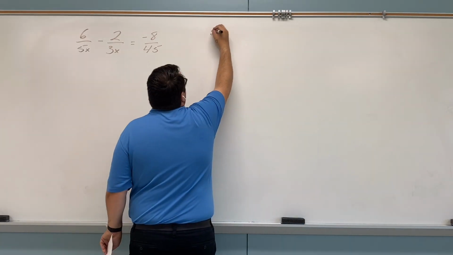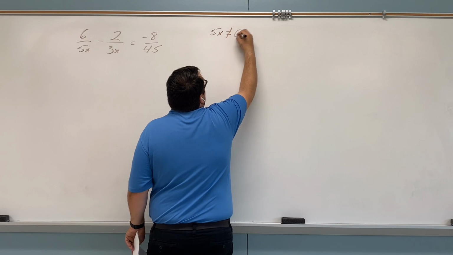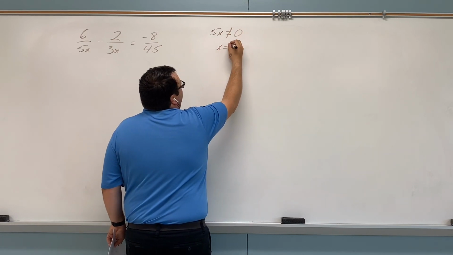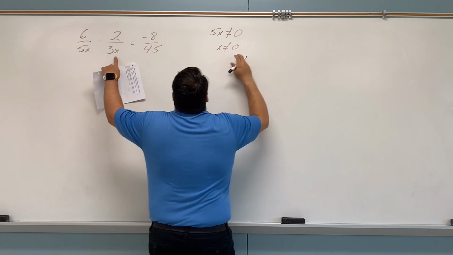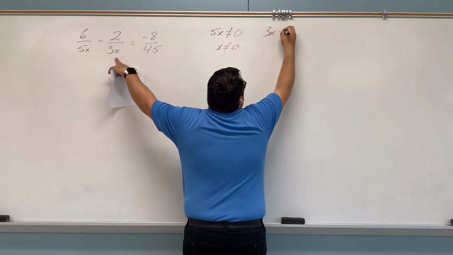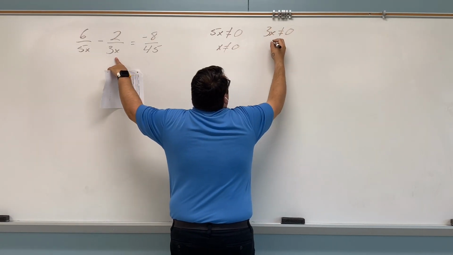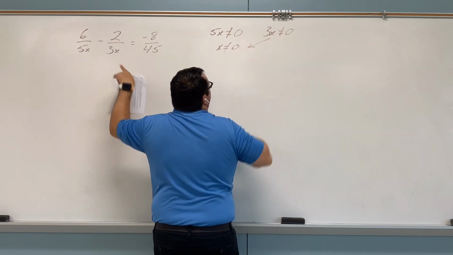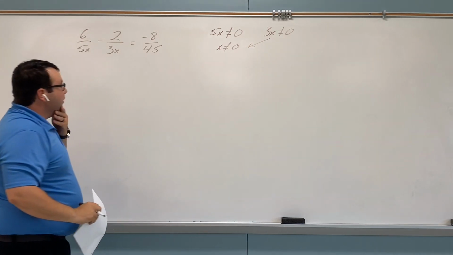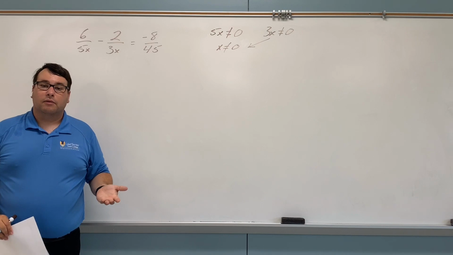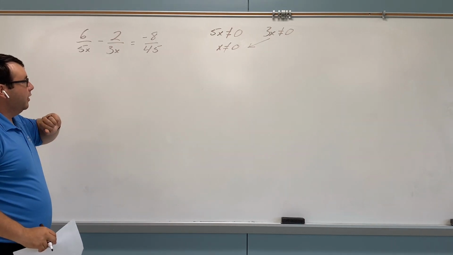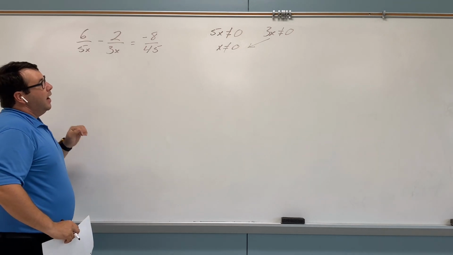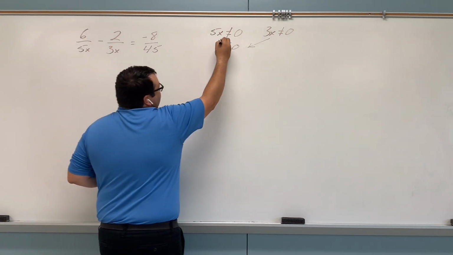But I would have 5x, so it cannot equal 0, which means x cannot equal 0. That's my first denominator. My second denominator is 3x cannot equal 0, but hey, I get the same exact thing of x cannot be 0. So that actually works out very nice in this case. 45 is a constant value, so I don't have to worry about it changing. Now that we know what our domain check will have to be,